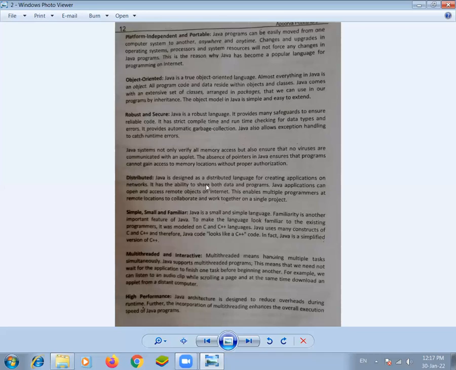Java is a distributed language for creating applications on networks. Java programs can be executed over networks, and it is also possible to develop networking applications with it. So the best suitable programming language for developing networking applications is Java. In real life, each and every software company